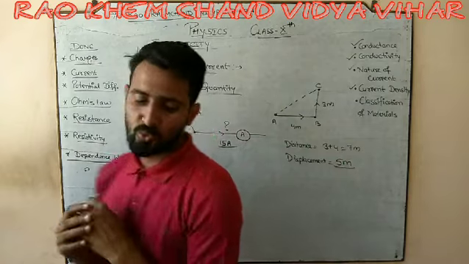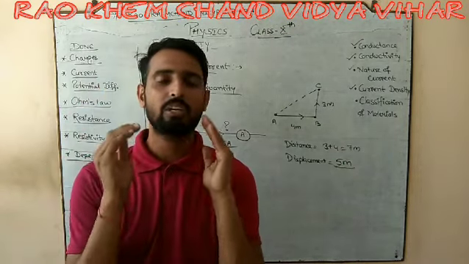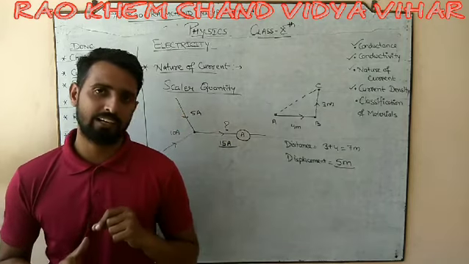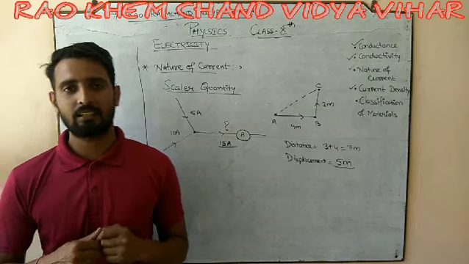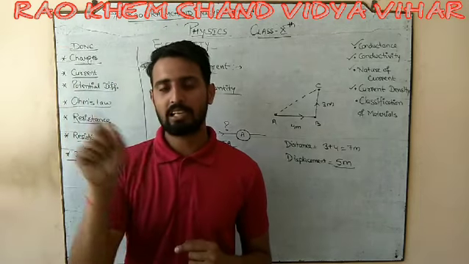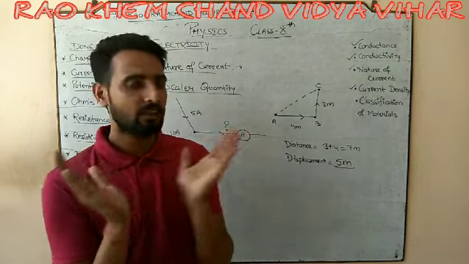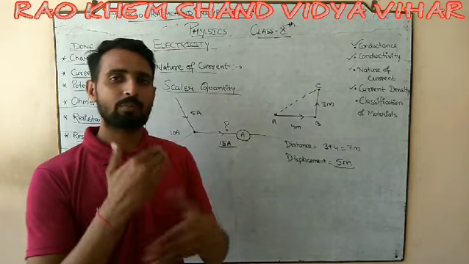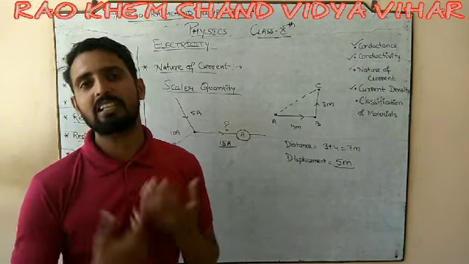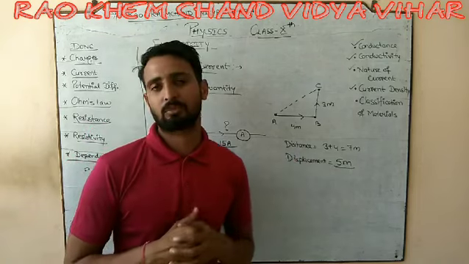And to calculate the vector quantity, we have discussed in class 9 how we can calculate the resultant of the vector quantity. I am calling that formula R, which means resultant, is equal to root over A square plus B square plus 2AB cos theta, where theta means the angle between A and B. And this is the modified version of the Pythagoras theorem, from which we got this, and that is the displacement.